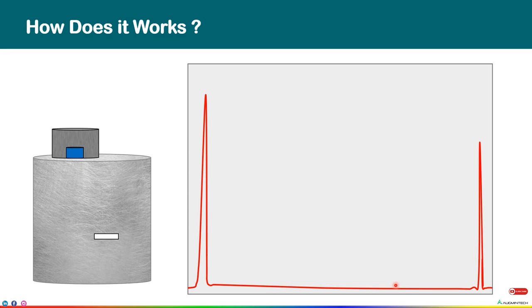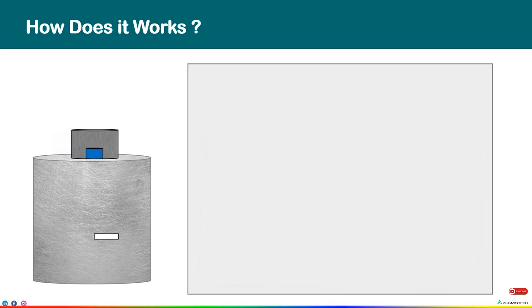In the given animation, you can see that with a probe at a place free from defect, only two signals may be seen on the monitor: the transmission pulse and the echo resulting from the lower surface of the workpiece. It is also known as back wall echo. Moving the probe towards the right leads to an additional echo created by the defect.